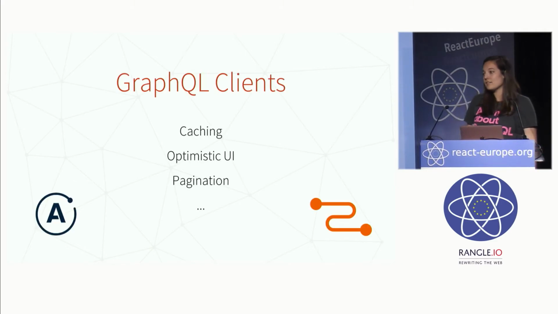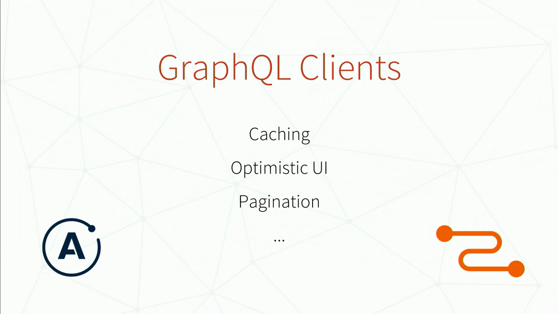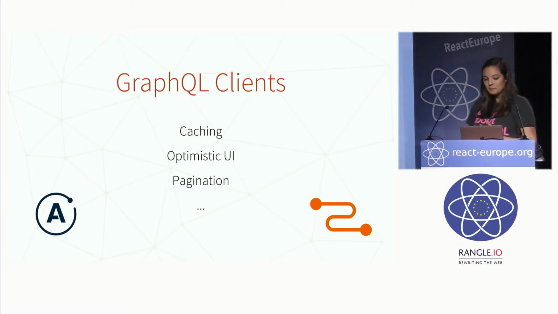But if you're going to start writing front ends with GraphQL, there's a whole lot of stuff that you also need with your data layer that you don't want to necessarily write yourself, because you have to have it for every app you build. And this stuff is things like being able to do query caching, being able to provide optimistic UI to your users before the data might exist, being able to easily handle pagination, and that's where GraphQL clients come in. The two most popular GraphQL clients out there today are Apollo Client and Relay. And what they do is they allow you to write your data fetching code in this really nice abstracted way. So you can do all this awesome complicated stuff, but not actually have to worry about any of the specifics